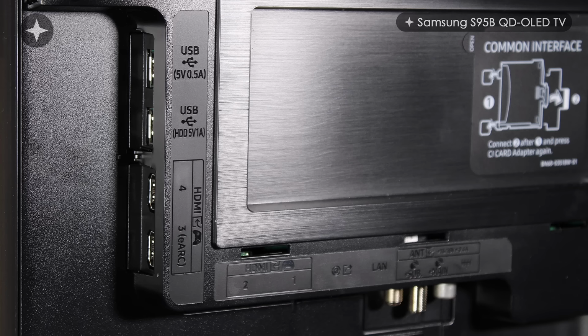It doesn't have the One Connect box, which is a feature you'll find on some of Samsung's other flagship TVs. That's quite a cool feature where it means your connections are all separate and there's just one cable going up to the TV. It doesn't have that. All the connections are actually on the TV itself. It does come with the solar-powered remote control, which is great because it means you don't have to change the batteries. It's more eco-friendly. Overall, it's a very slick, very competitively priced package that performs extremely well, and it